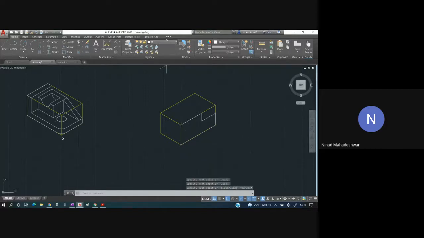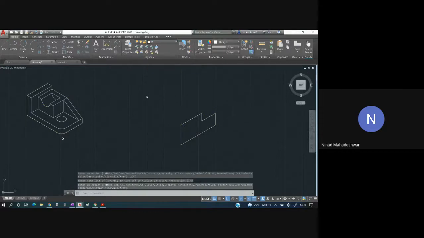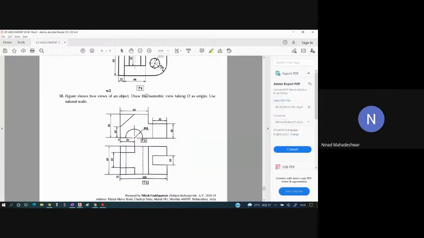Okay. So let me just switch off this part, that is the projection line. So I have drawn roughly this part. Okay, so this entire part I have drawn. The next part I will draw this inclined line. Now if you see this, this is exactly at the center of this part. Okay, because this is the center line, it is going to intersect over here. So from here 20 mm we have to go up, and then exactly at the center point, or the midpoint, we have to join.